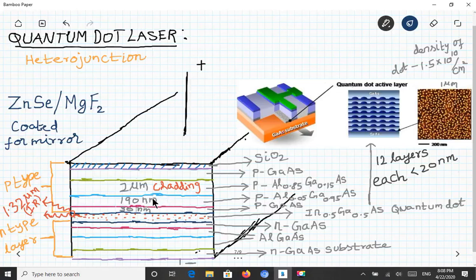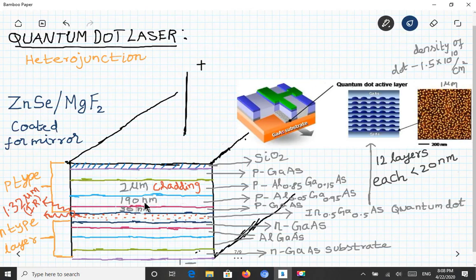We had already seen the cladding and core. Cladding is always covered after the core. So you can take it as a core, and above and below there are cladding surfaces. Cladding is needed to make the light total internally reflected back to the quantum dot itself. Why we need the total internal reflection here, I will tell you later.